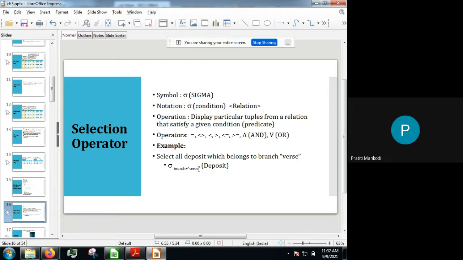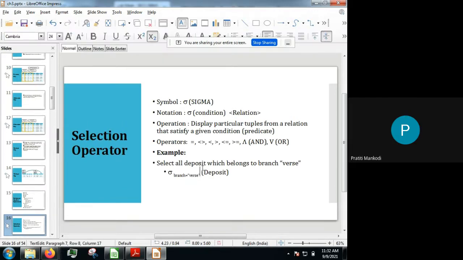So I have to use that AND operator. Here in the subscript I will be writing branch name equal to A and amount greater than 1 lakh. Is it clear? And here you are supposed to write the relation on which you want to fire the selection